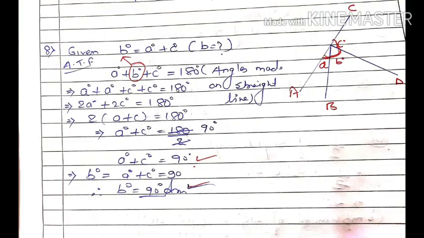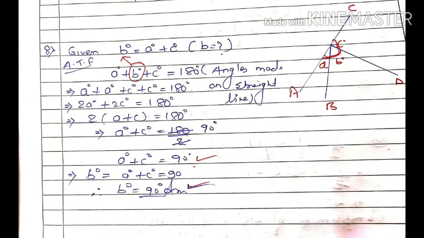Okay, solution. First line, b is equal to a plus c. What we know, a plus b plus c equal to 180 degree, angles made on straight line. Then a will remain a, then value of b, we will put the value of b a plus c. You can see on the diagram there is tick mark, b is circle, in place of b you will write a plus c. Like that you will see there is 2a and 2c.